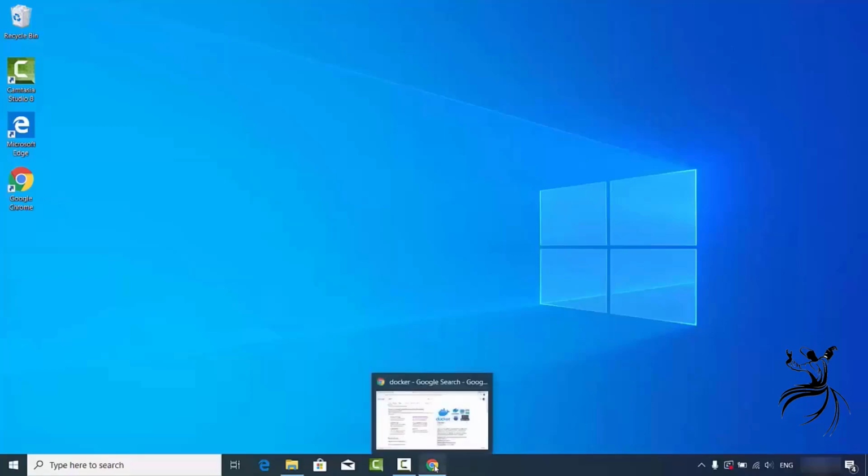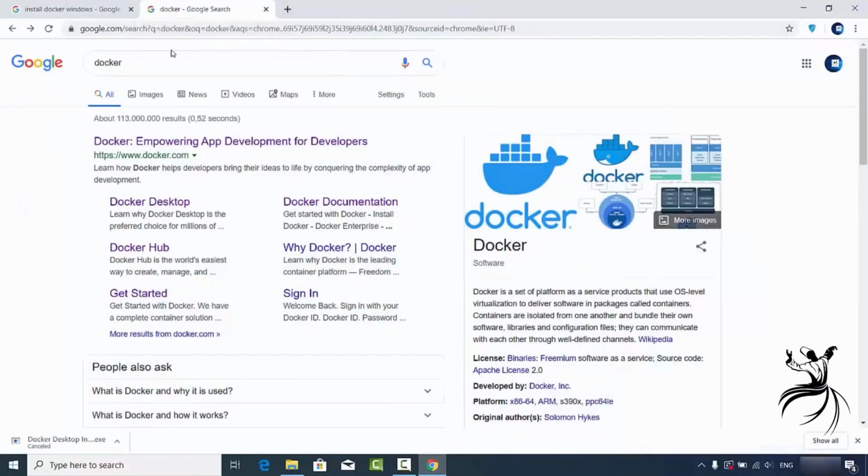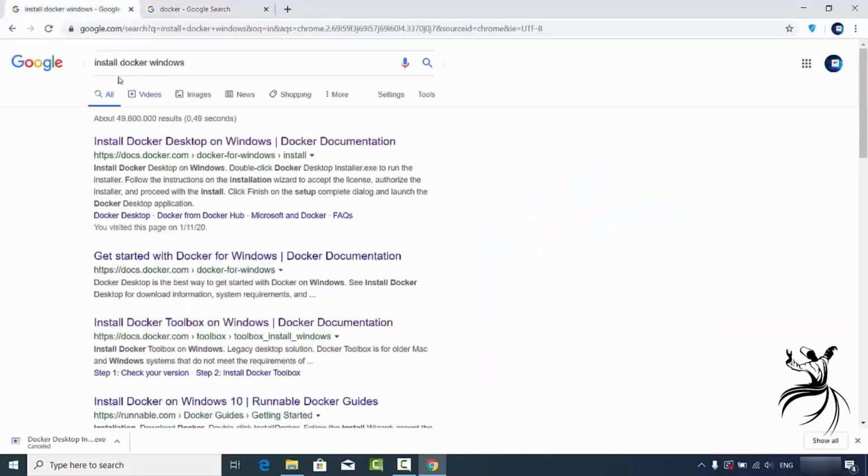So let's get started. First of all, open your favorite browser and search for Docker. But before installing the Docker Desktop application on our Windows operating system, let's see what the system requirements are for installing this application. So before going to the docker.com website, I'm going to search in my browser for "install Docker Windows",